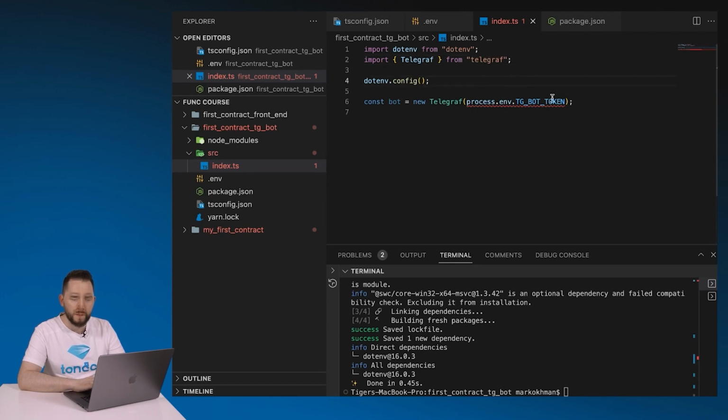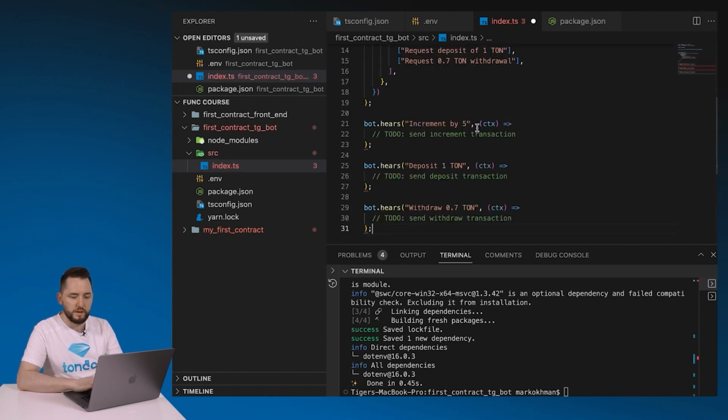An important thing is that this variable is possibly undefined, but we know that we actually define it here in env. So we are going to say that it's going to be there for sure. And it will fail if it's not there, so it will not initiate the instance of Telegraph. Cool. So now let's see how our sample code would look like once we want to actually start bot